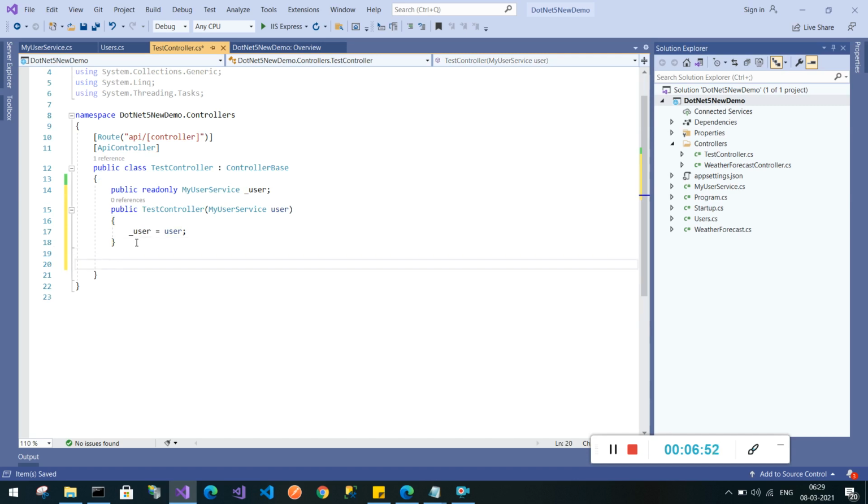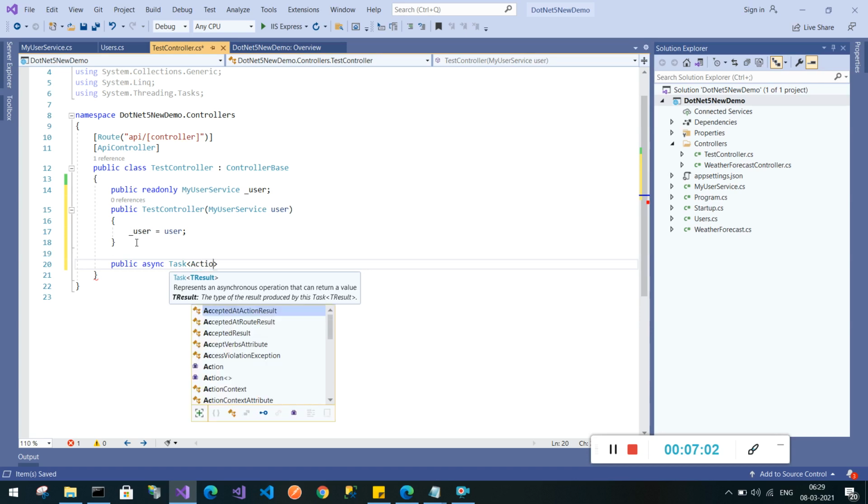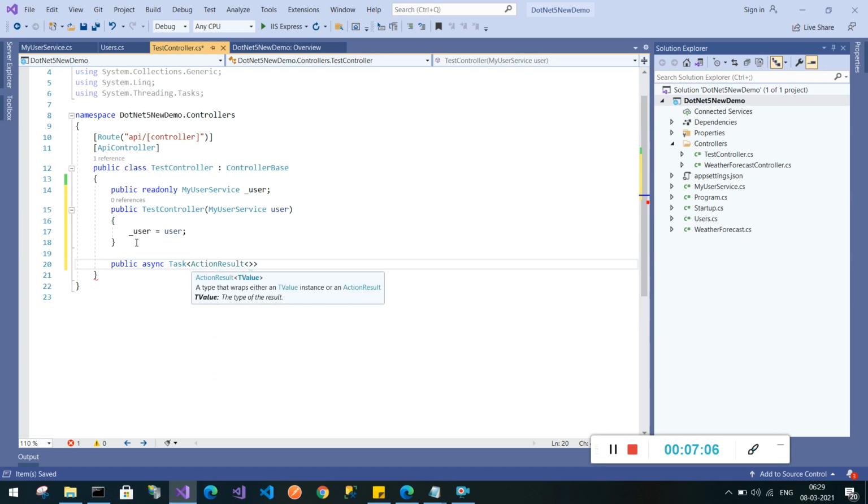Let's create an action method, public async task action result, and it will have a model of users. Get user data.